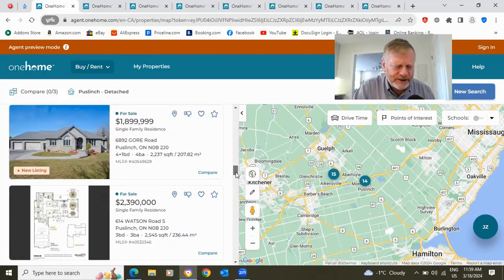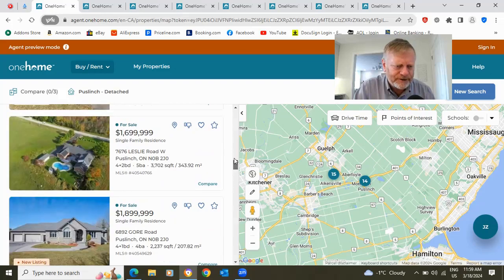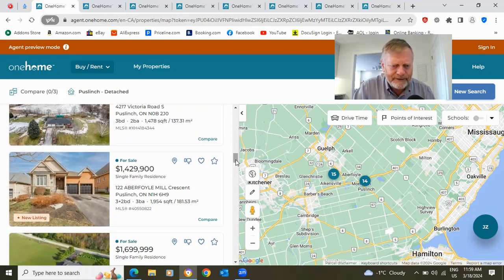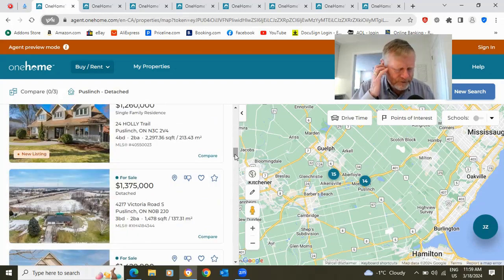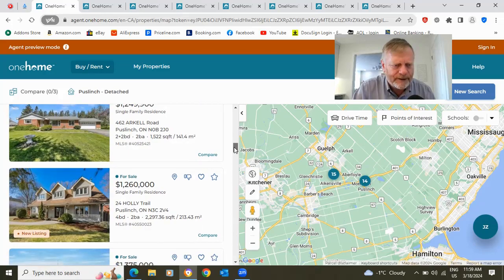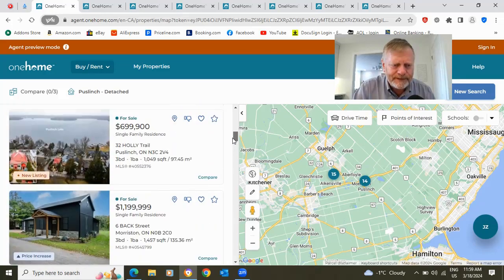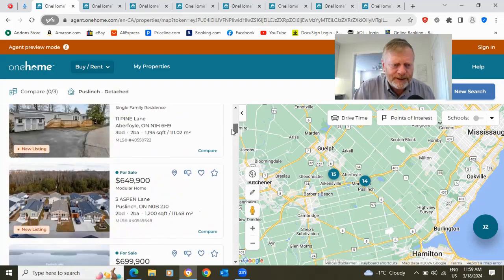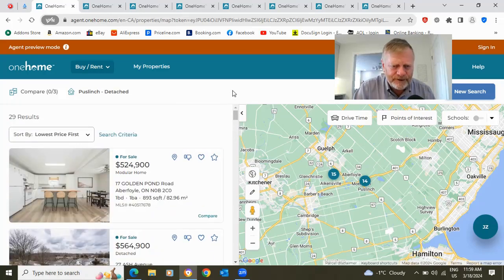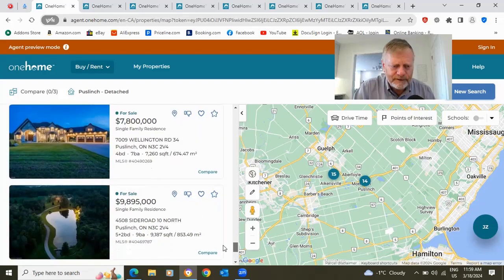Because that's basically what Puslinch is, but it's in a great location. It's a beautiful area and great proximity for travel to Toronto or to Kitchener, Waterloo, or anywhere with the 401 right there. And yeah, so that's kind of the range, 524,9 down to